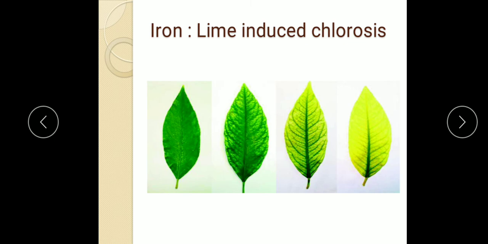Then we have studied translocation of food from leaves, that is transport of food. Then minerals, their types, macronutrients and micronutrients, importance of micronutrients and macronutrients, and the deficiency diseases in the plants